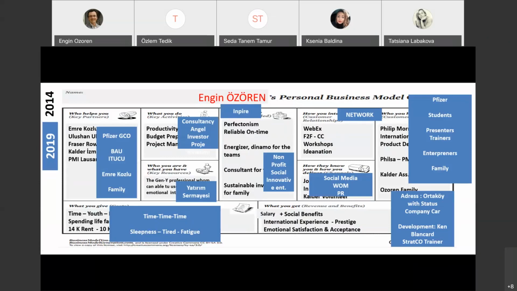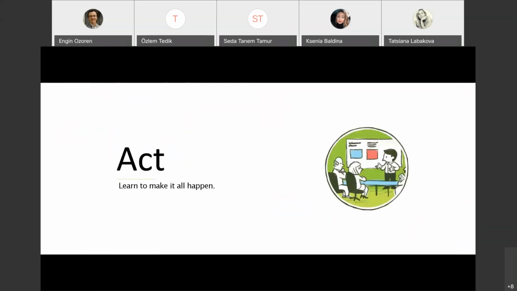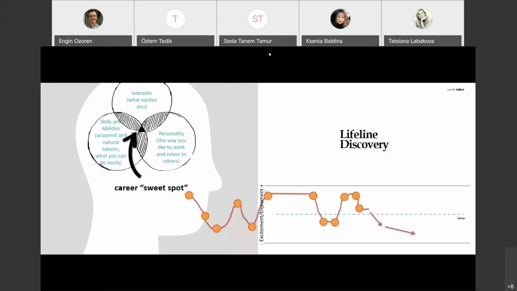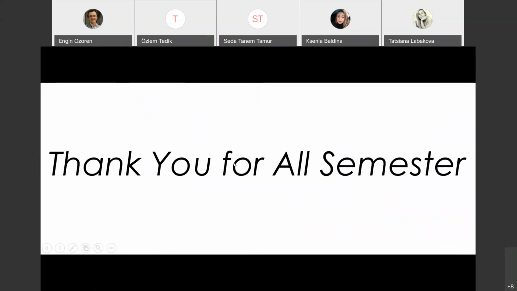So please check your lifeline again. It could drop, but if you are aware, you can change. It could drop more, but at the end, with your actions, your TOWS analysis, and SMART objectives, you may change the direction of your lifeline discovery. So act in 9 months. It's in your hand now. Learn to make it all happen. I thank you all for the whole semester. We spent very